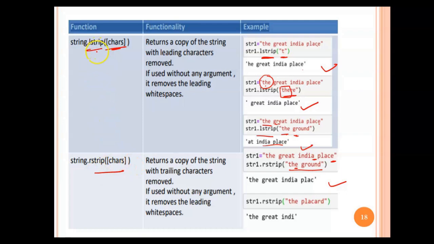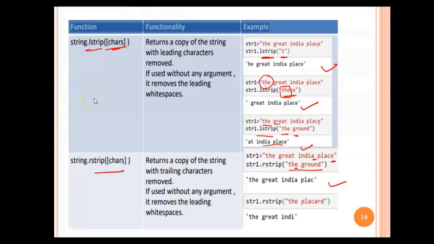This one removes from the left hand side. This one removes from the right hand side. And one more is there, the strip function, which is going to remove spaces from both the left and the right. You can remove characters like this. It is strip. Just a second, I'll